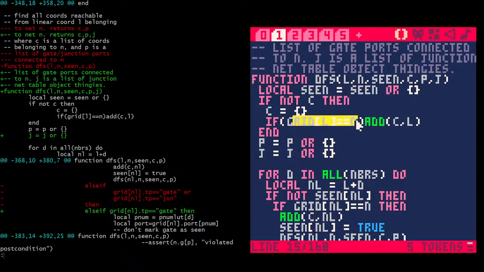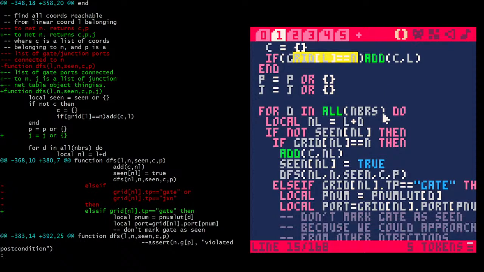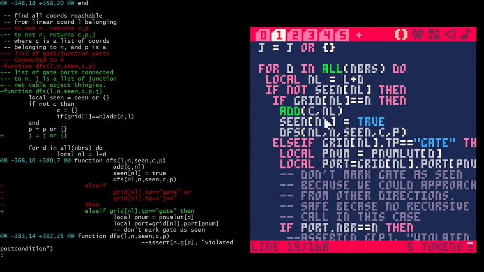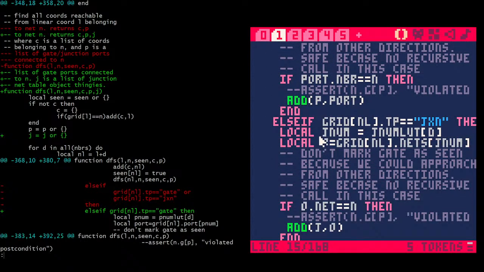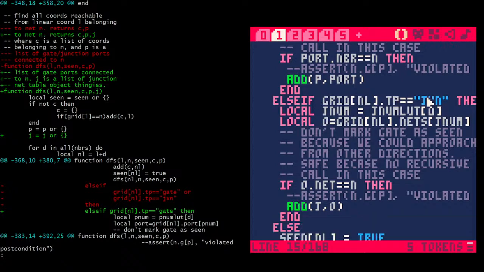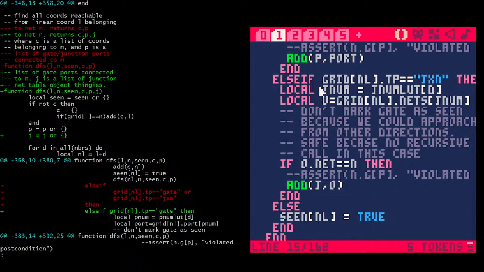Well, actually, we do check it here. Right, so I guess we do need to write this special junction logic in the neighbors. So if the neighbor is a junction, what do I have written right now? I add it to the list of junctions. But the problem is here,